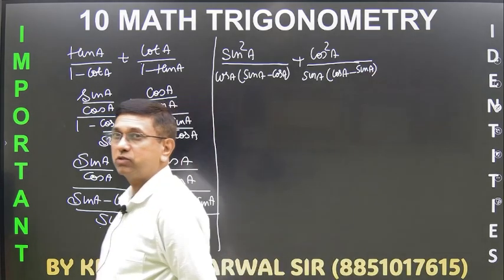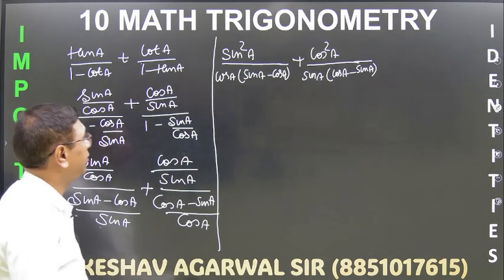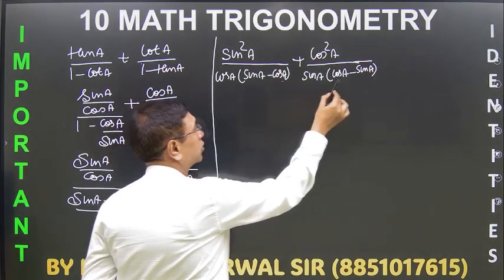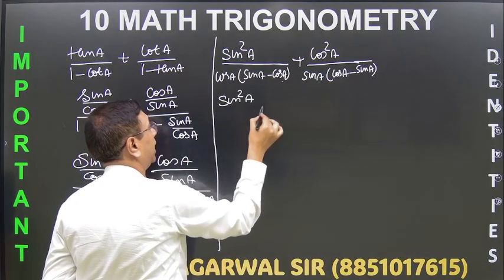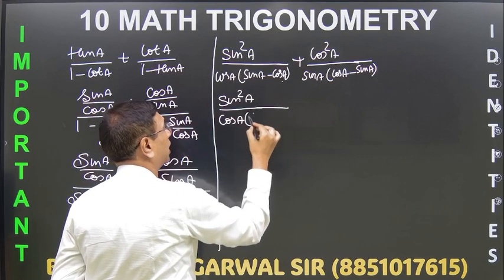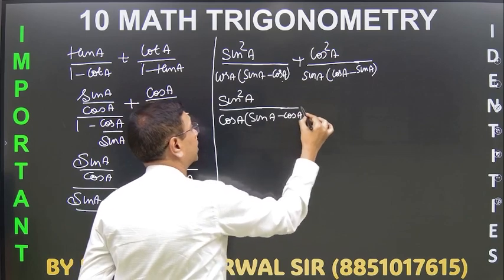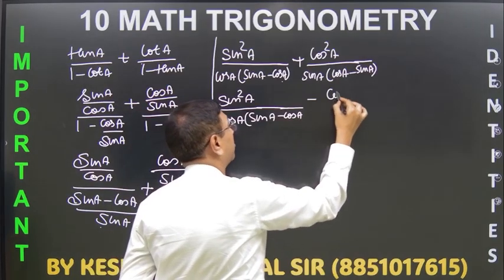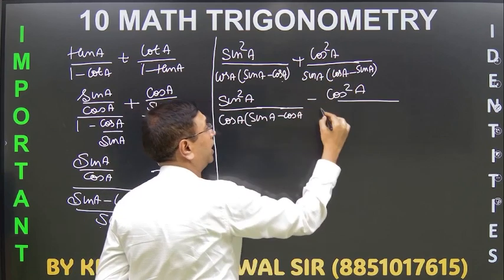Okay, this is what you are going to get. Now same as previous one. यहाँ पे sin A minus cos A, यहाँ पे cos square. So what you do is, see sin square A, just have a look. इसको मैं as it is रख रहा हूँ. I'm not even changing this. I'm changing the other part, cos A. So minus. अब ये minus क्यों आया सोचो? क्योंकि आपने यहां से माइनस कॉमन ले लेना है.